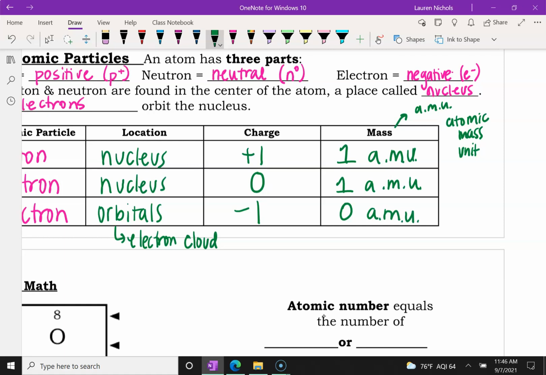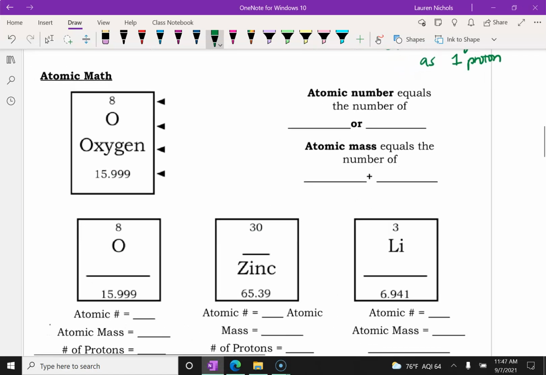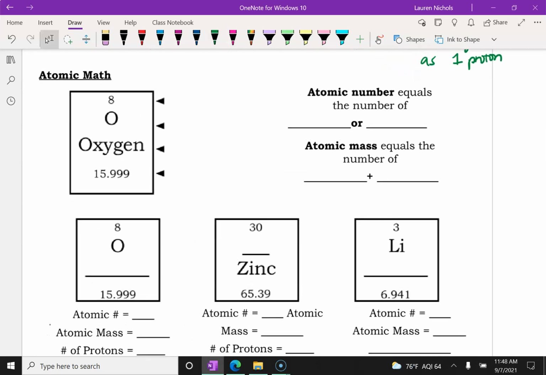Now, an electron doesn't actually weigh zero. However, it takes about 1,800, give or take a little, electrons to weigh the same as 1 proton. So if you take away or add an electron, it basically does nothing to the mass because it's so tiny. On the next page, we're going to go through our periodic table,